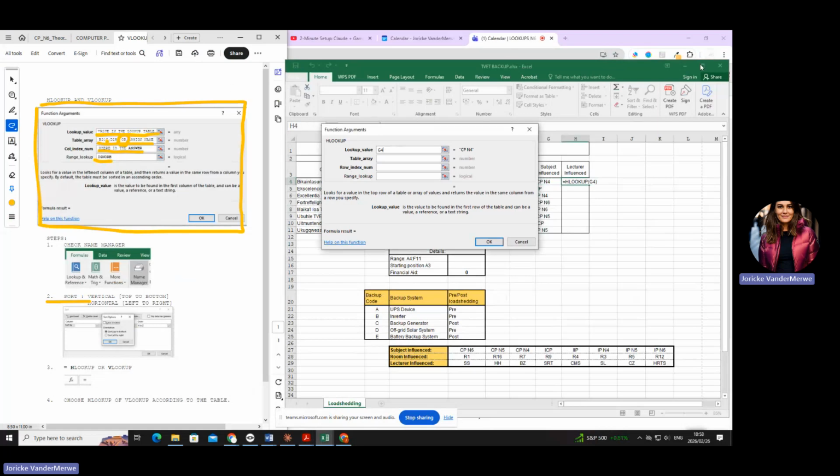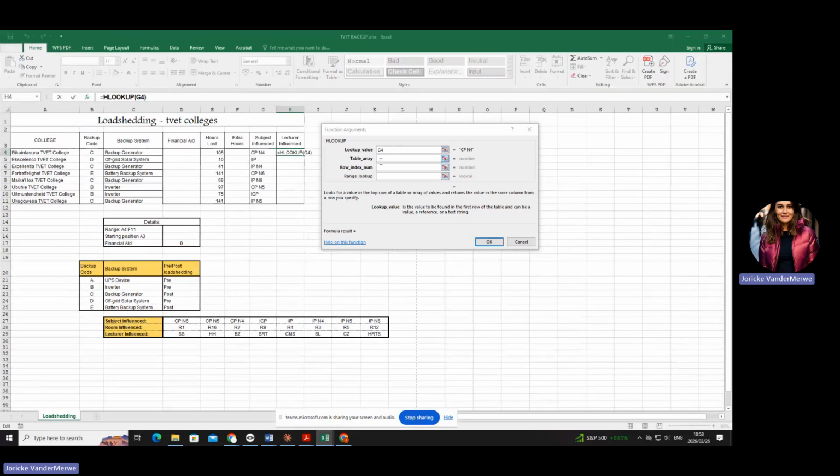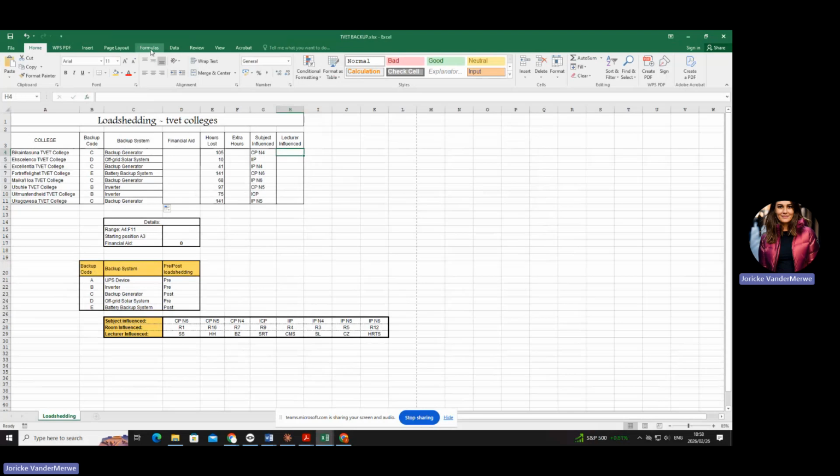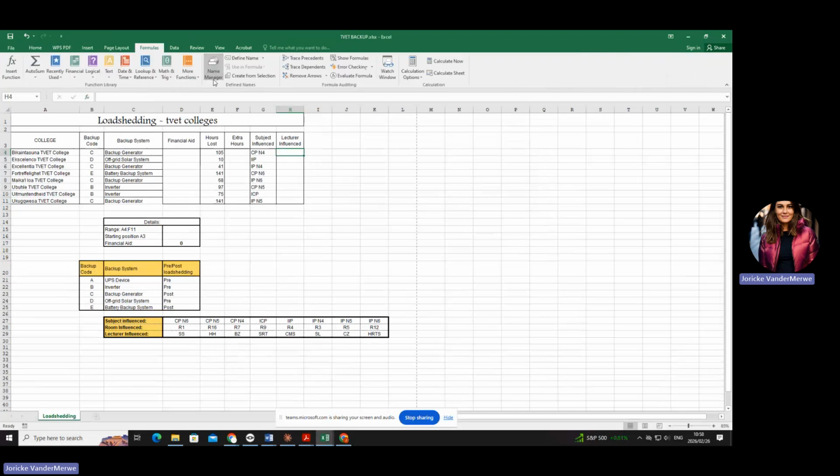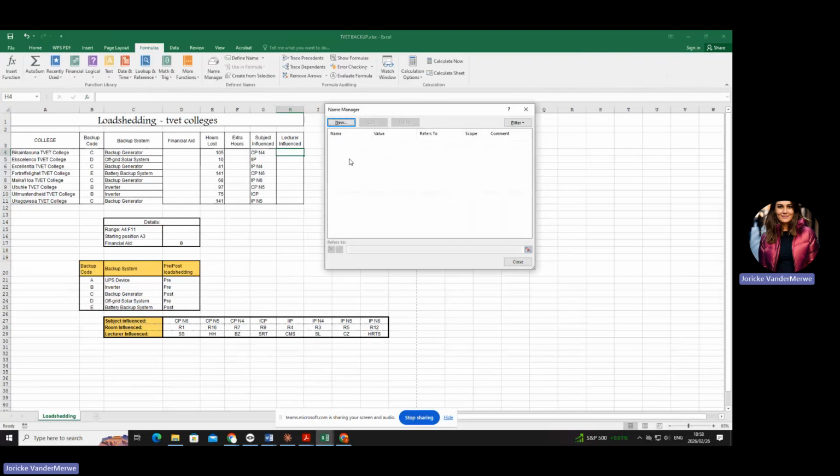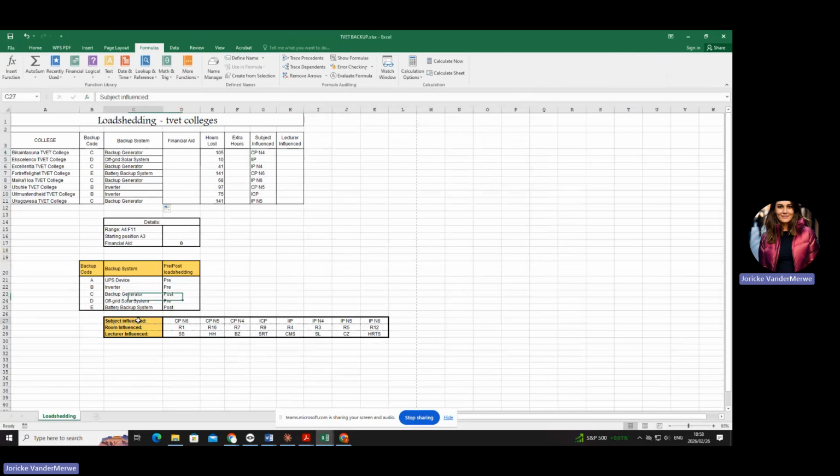In this example, they give you a name, which I have not assigned. So that is why it's so important that when you go to your formulas and you see there's no name,